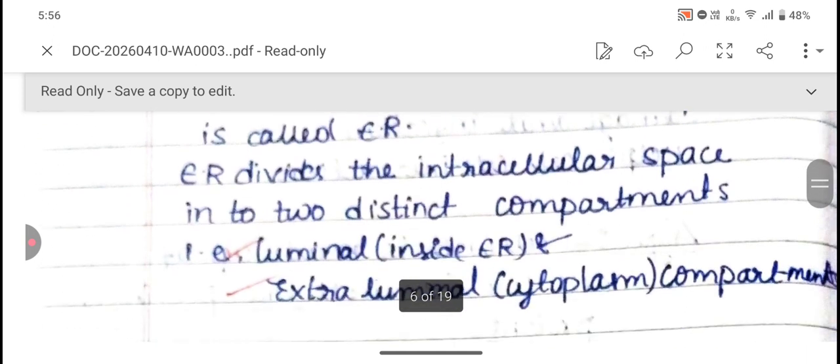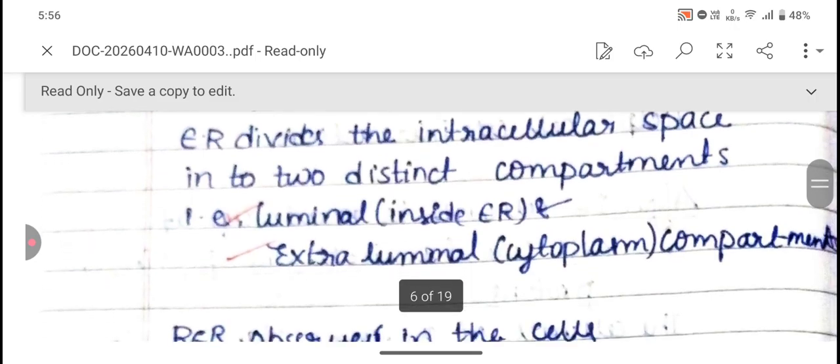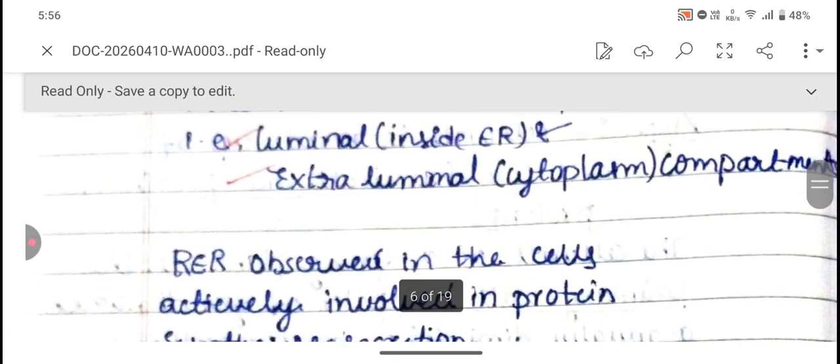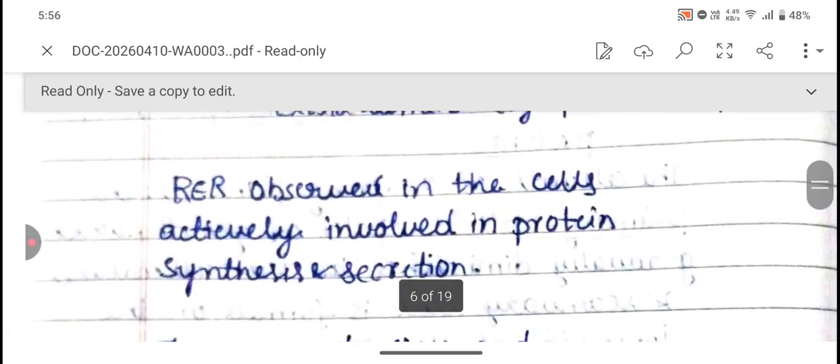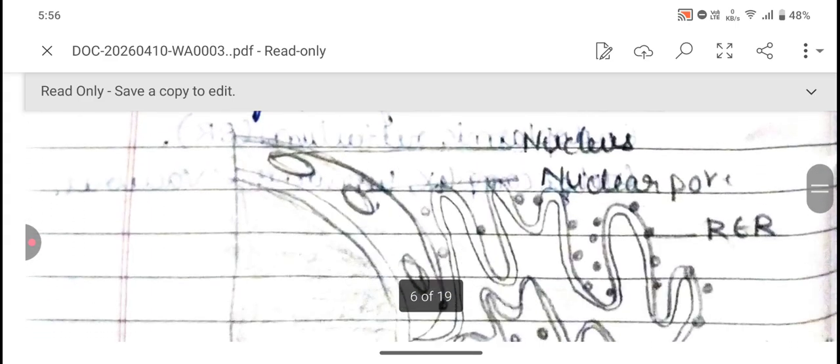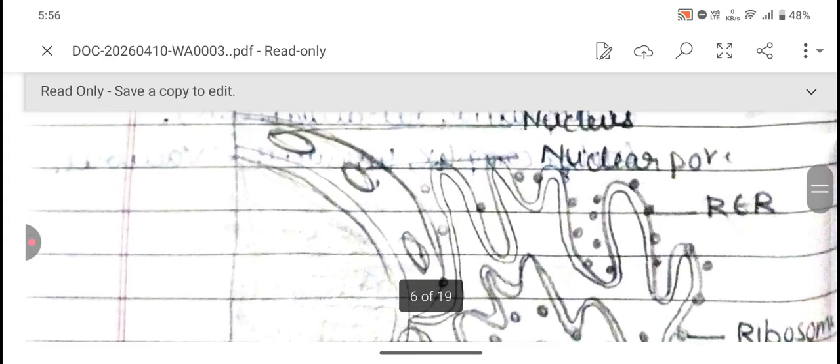So the ER divides the intracellular space into two distinct compartments. One is luminal, another one is extraluminal. There are two types of endoplasmic reticulum. Rough endoplasmic reticulum, which is observed in the cells which participate in protein synthesis. So when you observe,